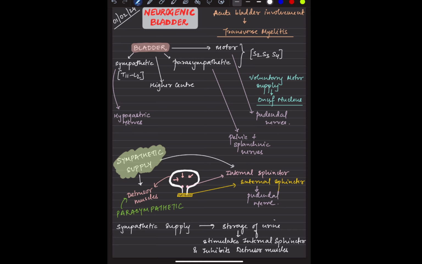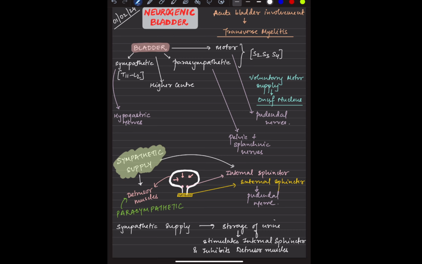Now, this neurogenic bladder is something which will tell us where the lesion is. It will help us in localization. So this is important when the patient comes to you with a full bladder. He hasn't urinated, or say he has been saying that it has been 2 to 3 days. He has been having this problem of dribbling of urine. So such symptoms will tell us where the disease is, which will help us in localization. It will help us in the diagnosis.